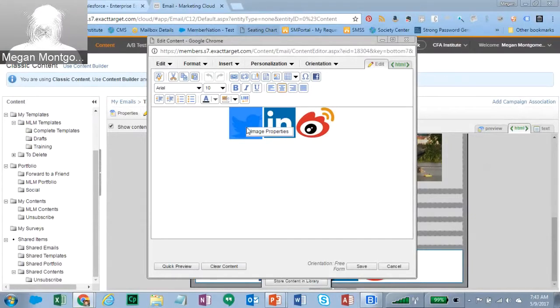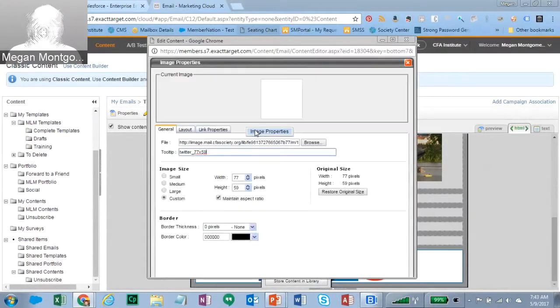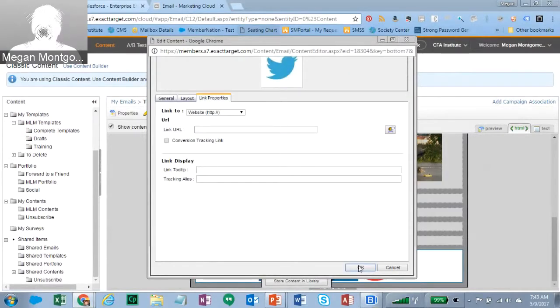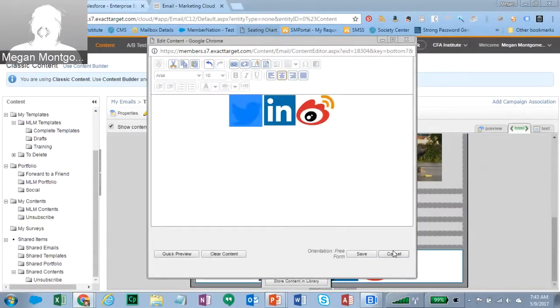You can highlight that image, right-click, choose image properties, and then embed the URL for your own Twitter account in this example. You can embed that here. And again, your save button might be down here if you can't see it readily. So again, you can add those different links to your different social media accounts. So if we click save,